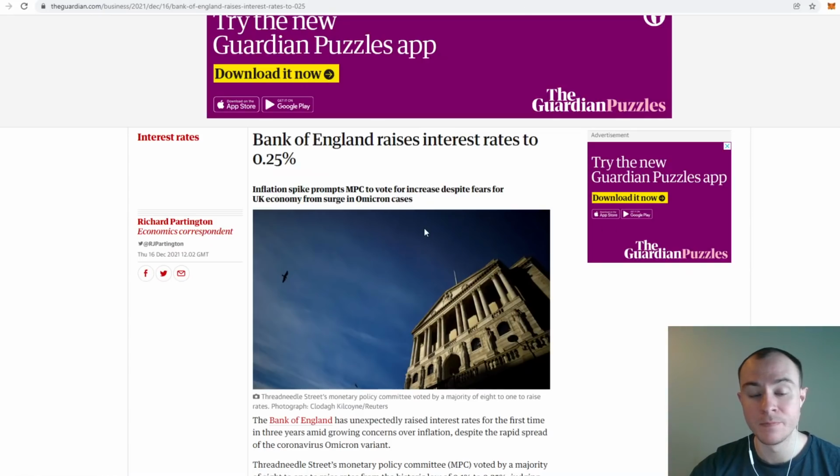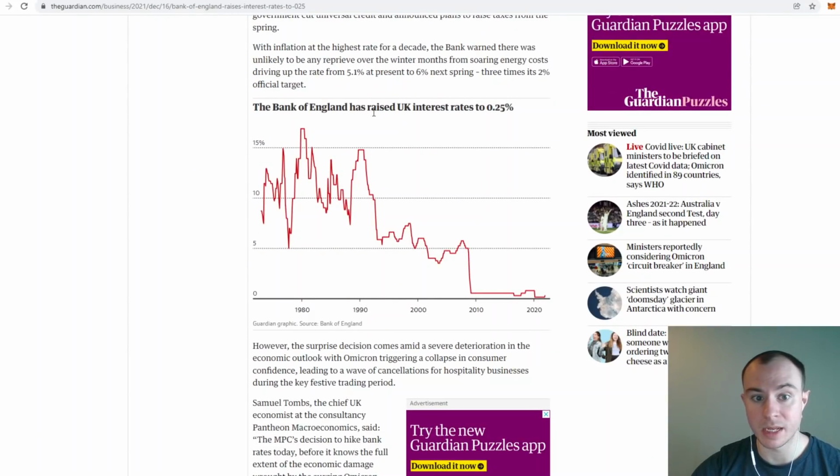Keep an eye on interest rates. This is the thing that I've been saying plenty of times in my videos. The interest rate hikes that they're going to do are going to be very minuscule. And the reason, again, is because everyone's so leveraged. You can see this is the interest rate. Bank of England has raised interest rates to 0.5% from 0.1%. You can see that there's no way we could get back above sort of 5%. If we did, that would have devastating effects on the housing market, the stock markets, you name it, because it would take a huge amount of liquidity in the form of borrowed money off the table.